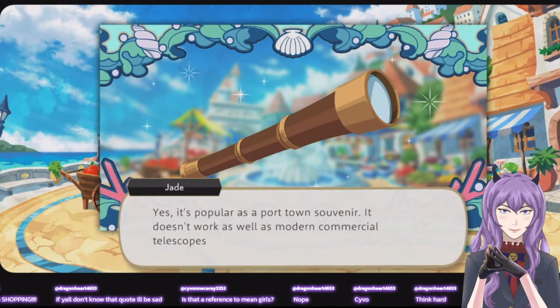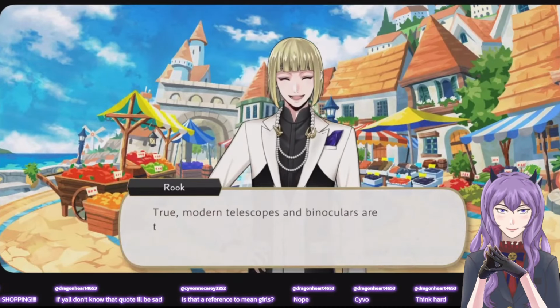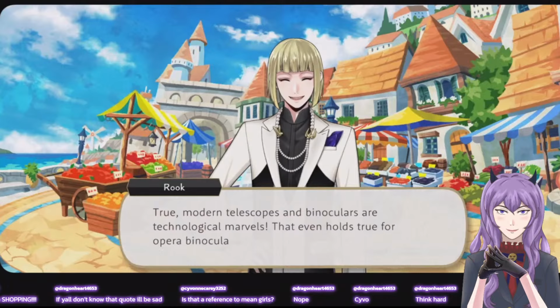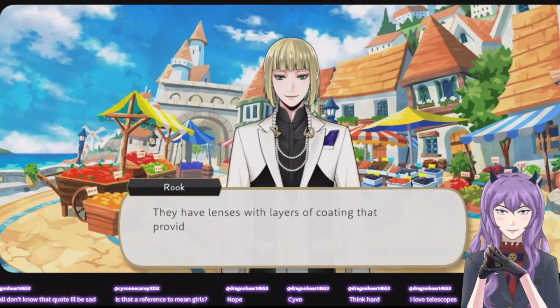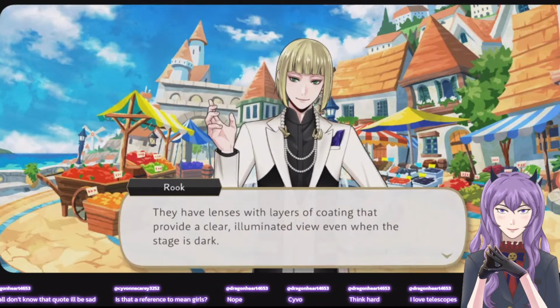Very vintage. Under the layers of coating. Oh wow. Clear illuminated view even when the stage is dark.